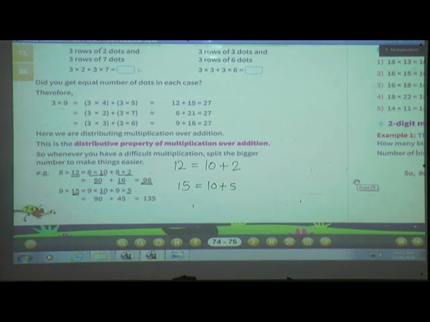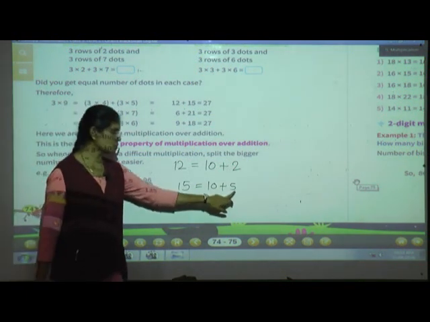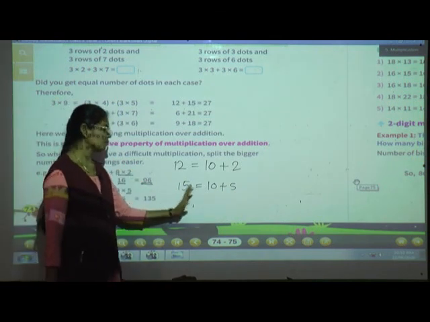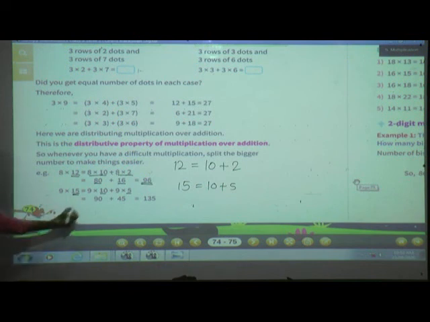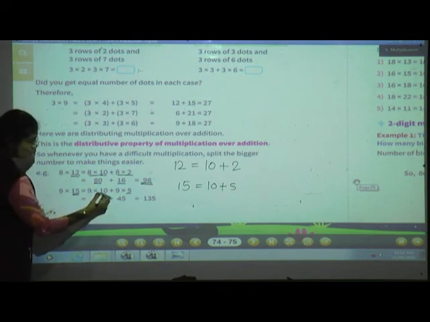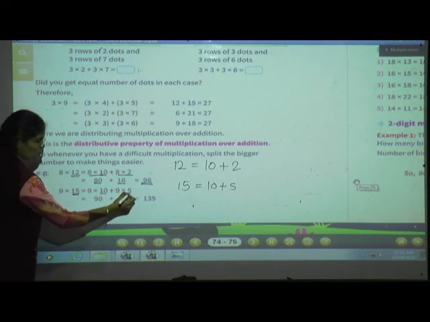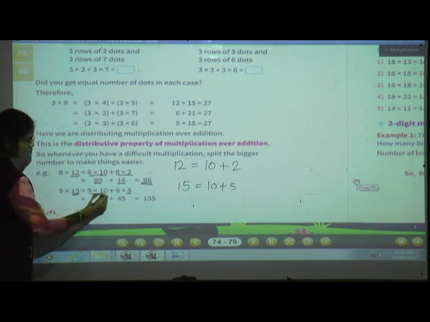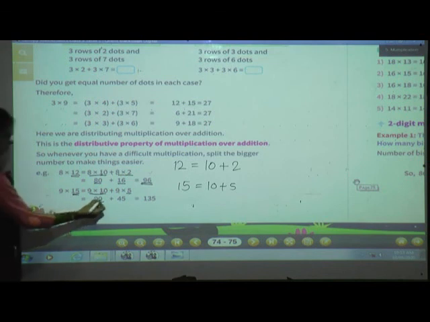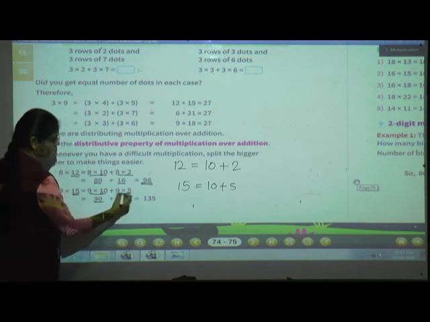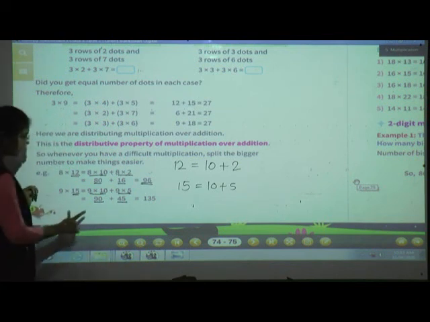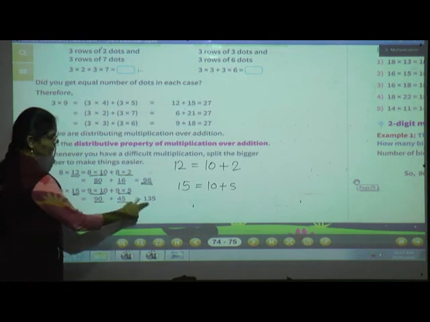Okay. Now we will multiply each number by 9, then we will get the answer of 9 into 15. So do the multiplication: 9 into 10 plus 9 into 5, because 10 plus 5 is nothing but 15. 9 into 10 is equal to 90. 9 tens are 90, plus 9 into 5. 9 5s are 45. Now what do you have to do? At the end you have to add these two numbers to get your answer.